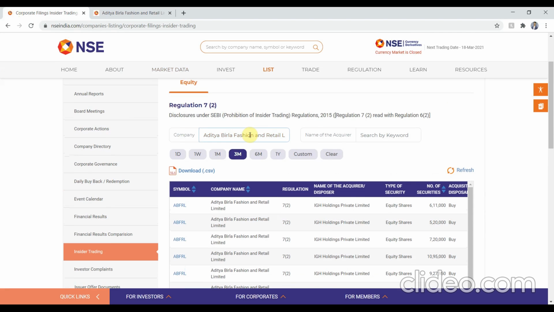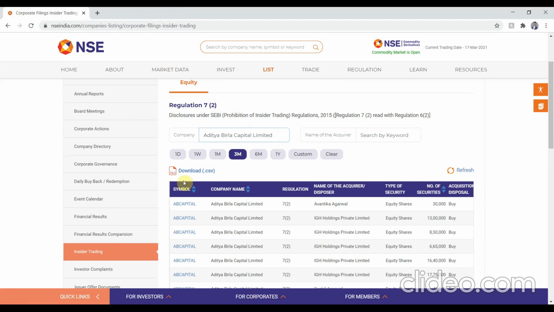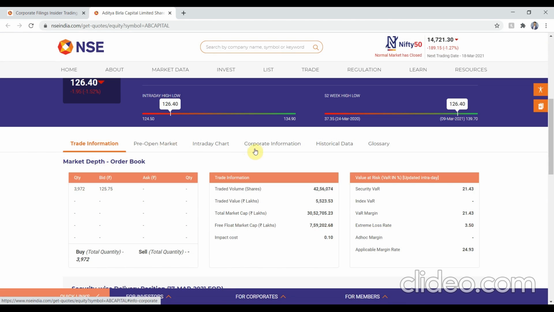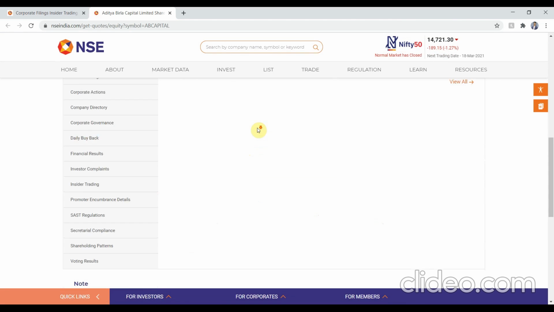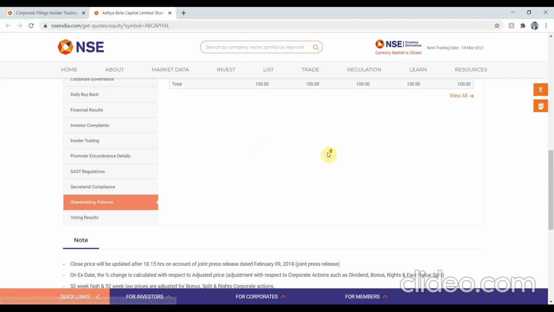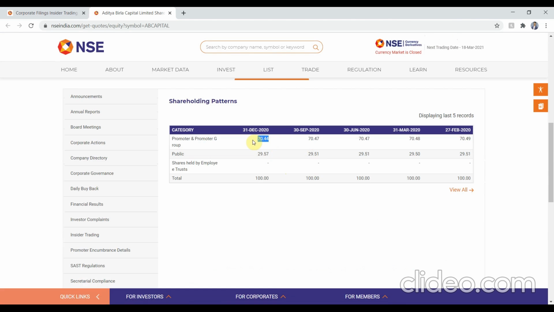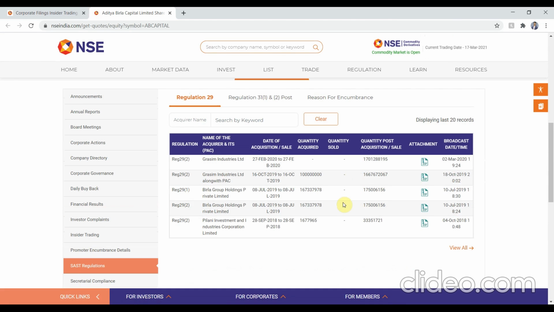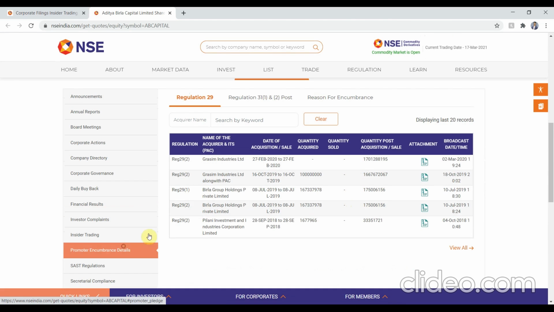Go back here and paste it. Click on the symbol name. Next, click corporate information. Check the shareholding patterns first. Okay, so the promoter has 70.44%, so it passed the filter. SAS regulation, no selling has been reported.